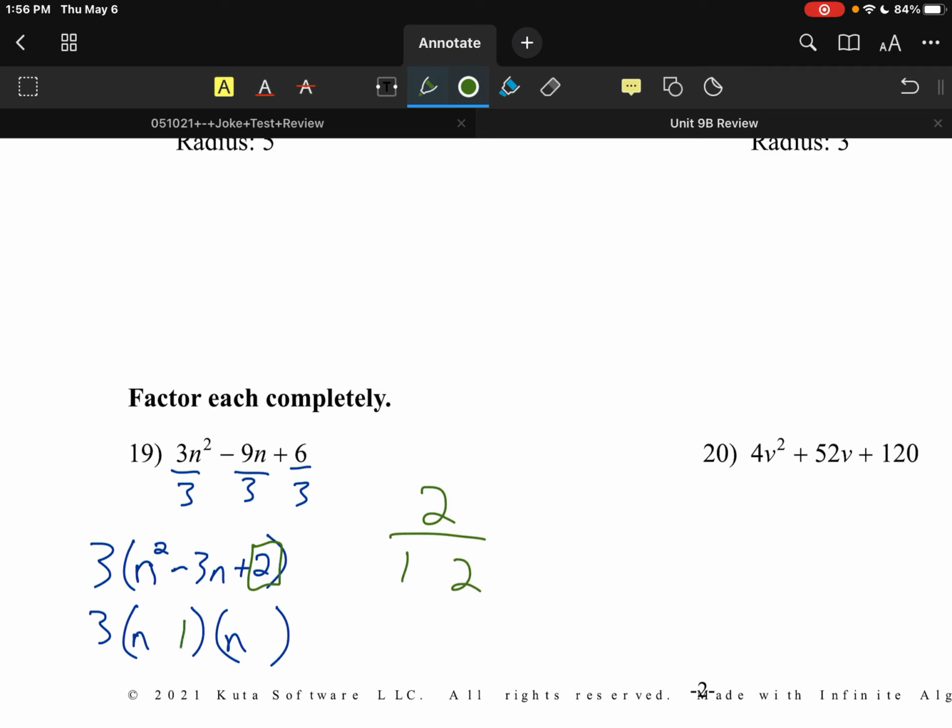So it's got to be a 1 and a 2, and since we need a negative 3, the only way to get a negative 3 is if they're both negative. So negative 1, negative 2, you're done. Okay, you can do that with number 20. If you have any questions,